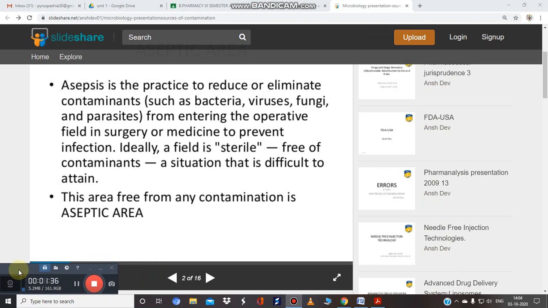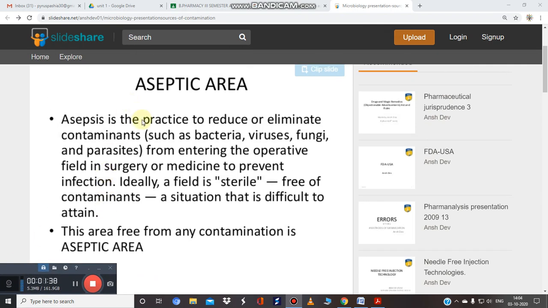So let's start. The general terminology associated with the aseptic area. What do you mean by asepsis or aseptic? Nowadays I'm repeatedly saying this thing. Now we are using hand sanitizers, which provide us protection against different types of microorganisms as well as some viruses.